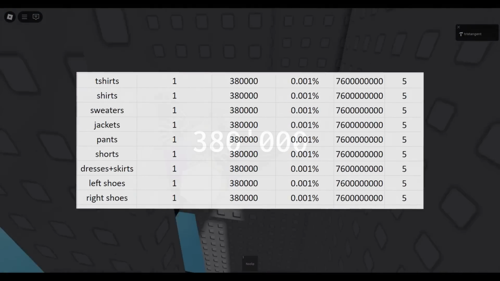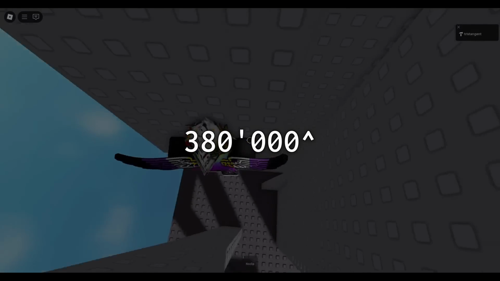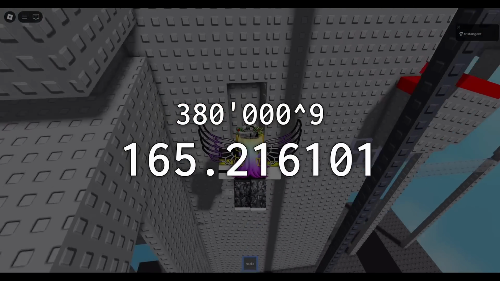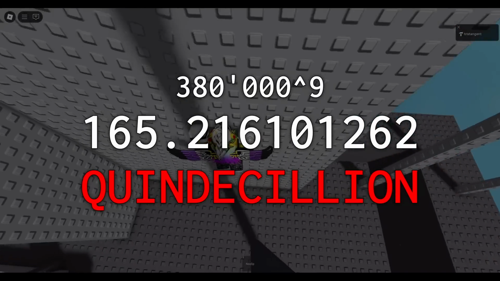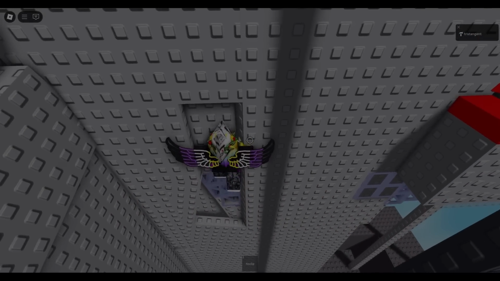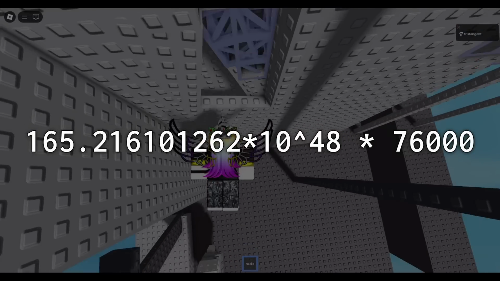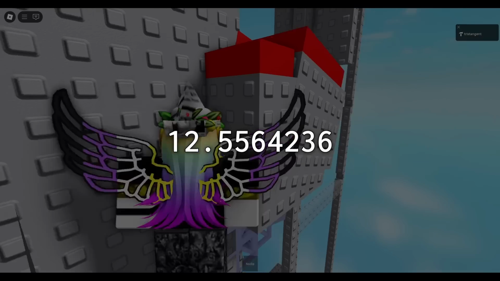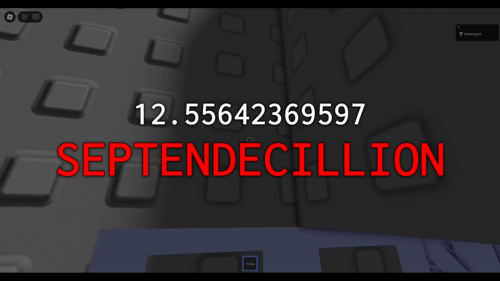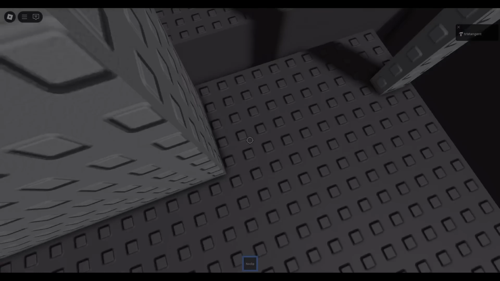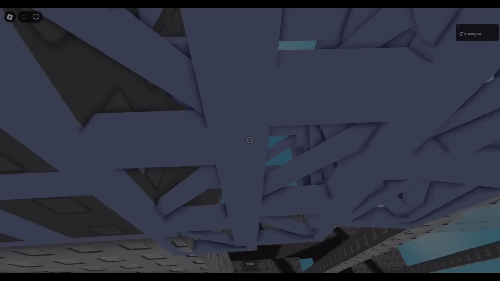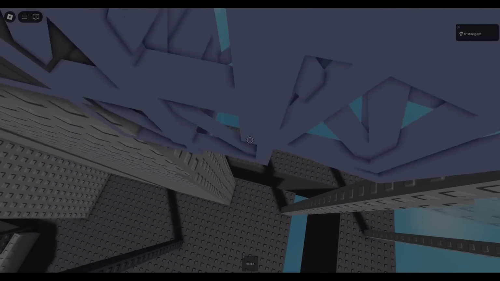Now, because there are 9 of those, we need to take 380,000 to the power of 9, which gives us a total of 165.216.101.262 quindecillion combinations alone. Now we need to multiply that by 76,000 because of 3D heads, which gives us a final total for this section of 12.55642369,597 septendecillion items in this section, which then combined with the total from all other sections and accounting for the discrepancies from earlier, makes the final total number of avatars a grand total of